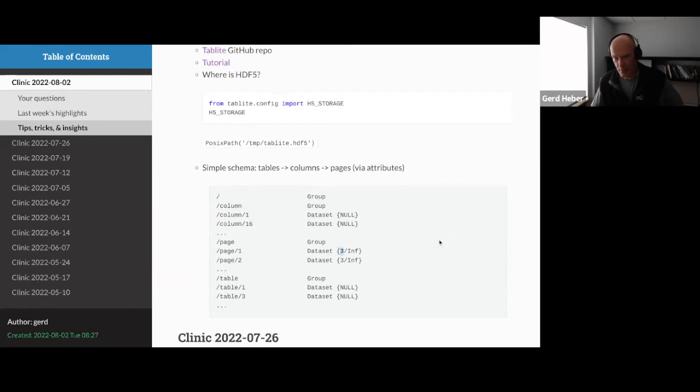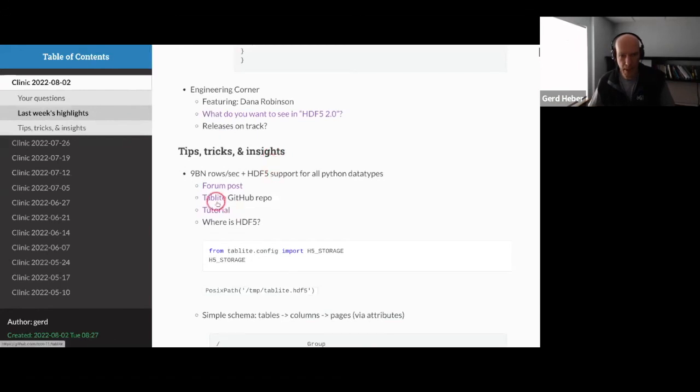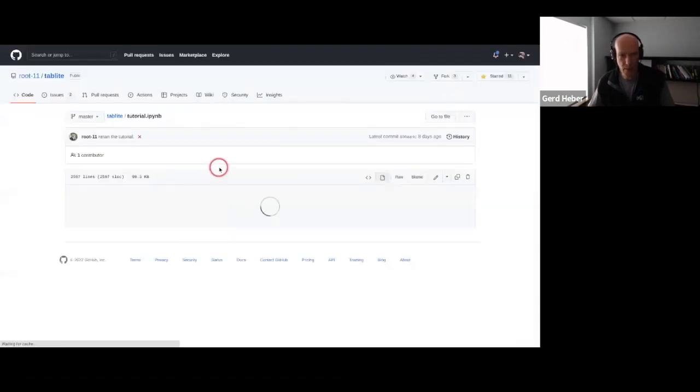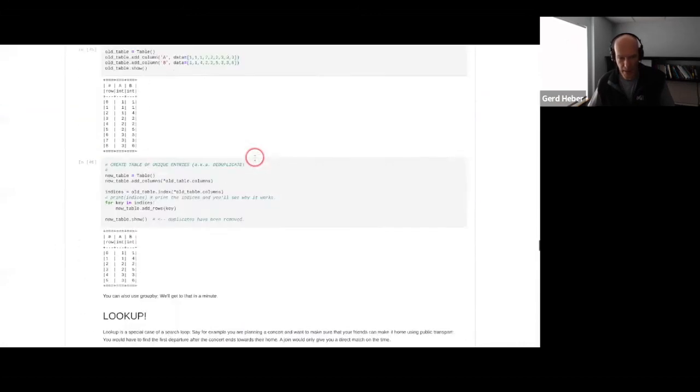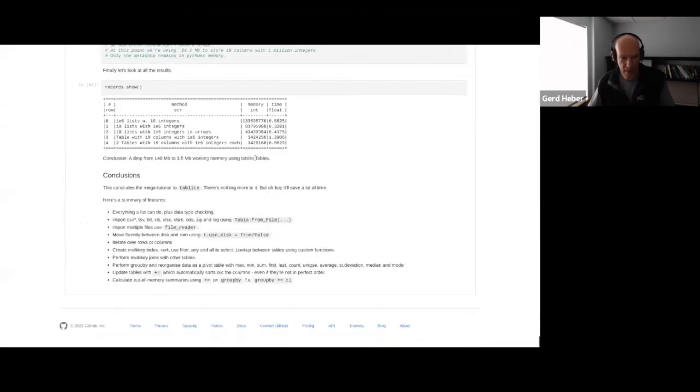I think on his GitHub repo, he has more material about the performance. For example, if you look at that Jupyter notebook, if we go back there, he has a performance comparison near the bottom, where he compares how long it takes to write something.